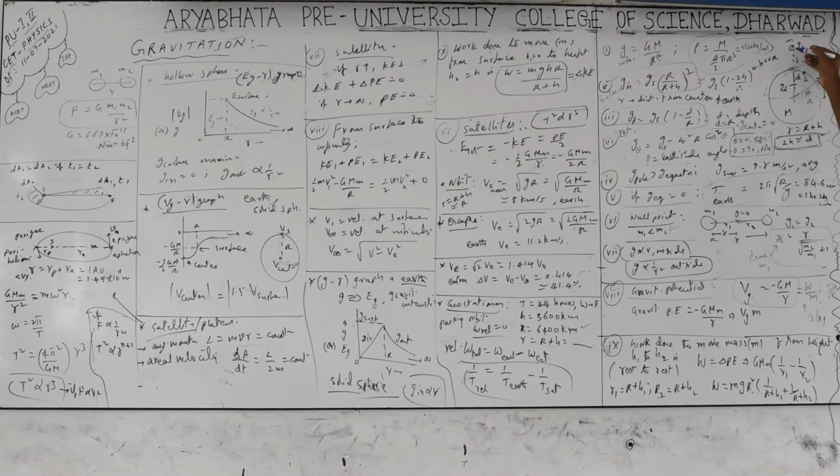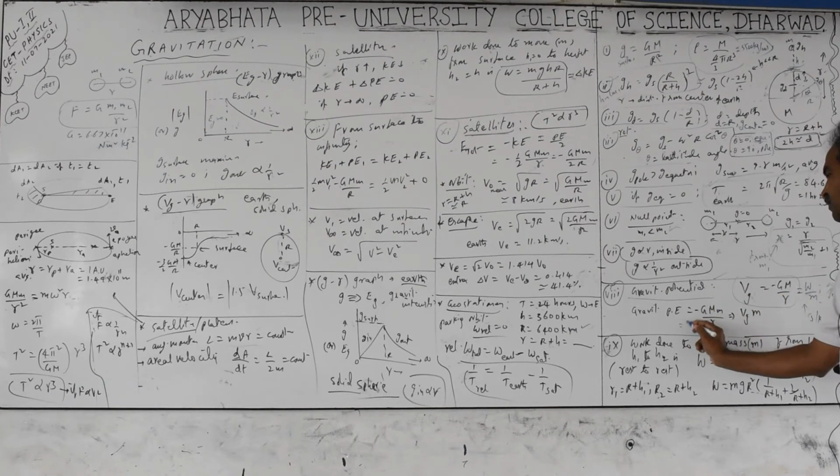For a small object, its radius is negligible, so only the bigger object's radius needs to be considered, and the distance from center to center is r. We take a negative sign for the gravitational potential, indicating attractive forces. So we substitute this in the gravitational potential energy. Work itself is the potential energy, which is nothing but the work done. So work equals mass into Vg, which equals minus GMm by r.